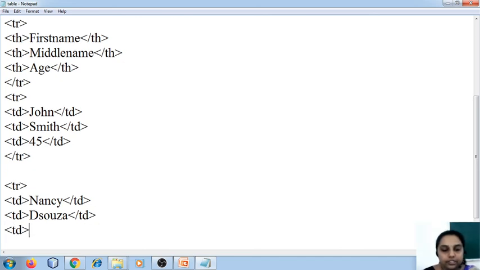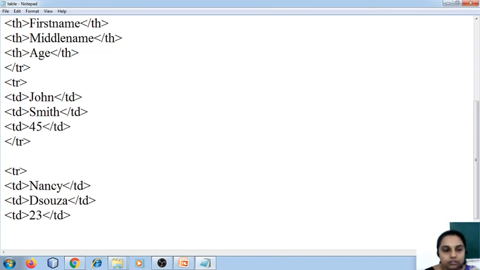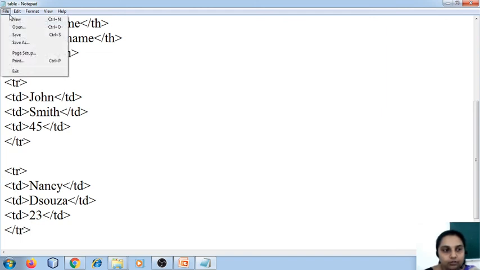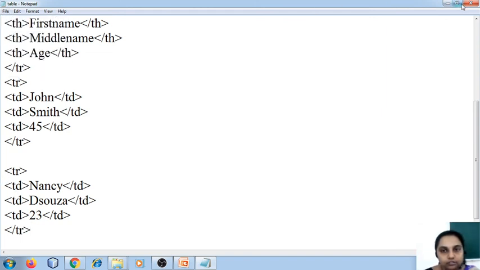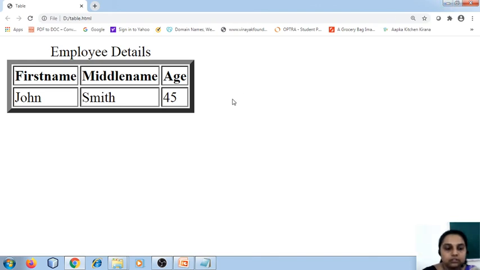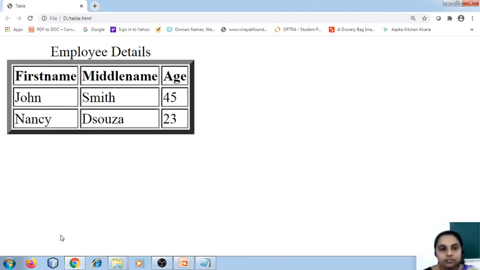Age I will give it as 23. Close the next row. So this is going to be my second row. Click on File, Save. Did you observe? This is how we can build tables. In a similar way, you can write a program for your timetable.